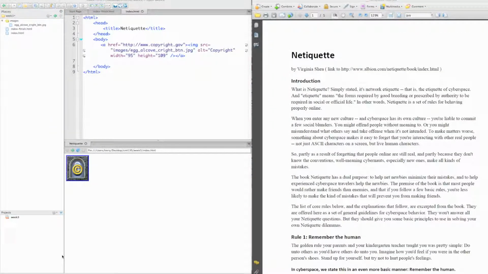Most of the rest of the assignment is going to be to copy and paste in the text from the Netiquette text files I've given you and format it. So the first thing here is a big bold heading,